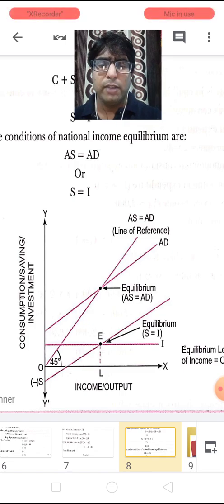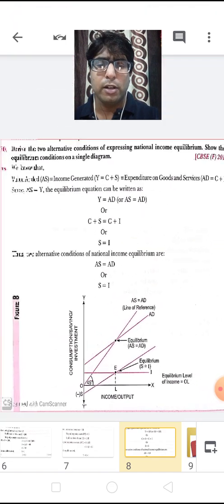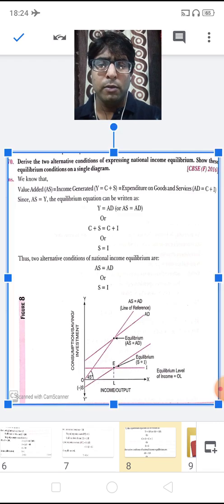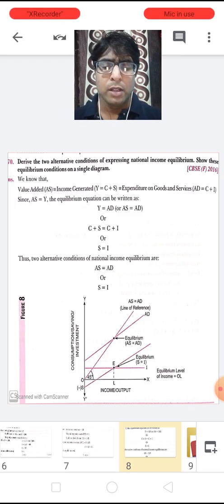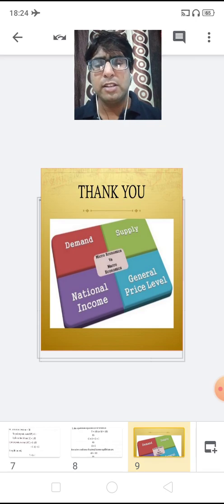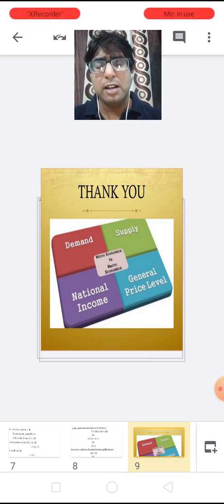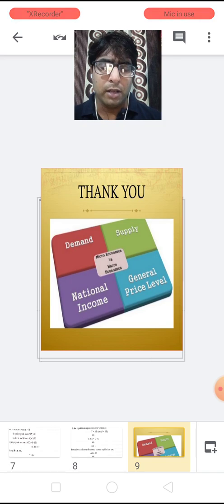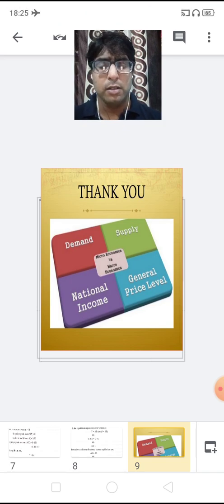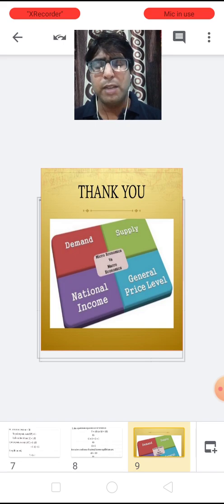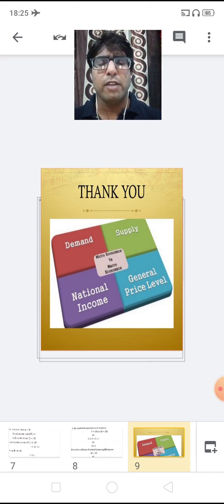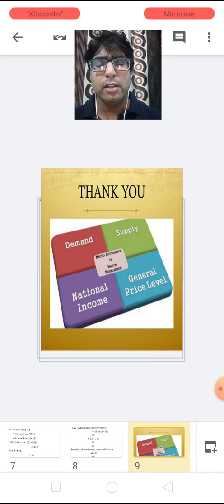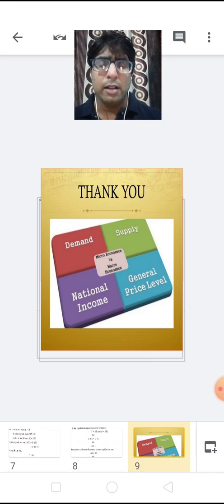So children, this is the way both concepts are plotted on a single diagram. I hope in today's lecture you understood better how we are going to attempt the numericals, and make certain revisions at home to solve such numericals. So children, I hope today's lecture helped you understand the concept of how to solve the various numericals of aggregate demand, aggregate supply, as well as the investment multiplier approach.